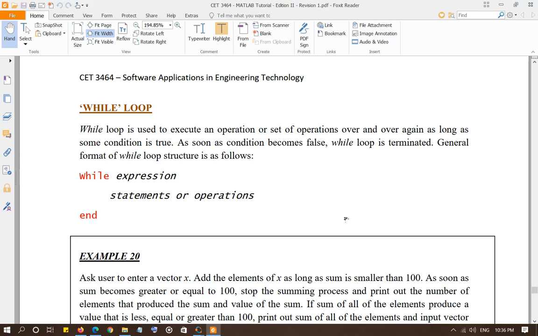But in general, while loops work on everything that is written inside the while loop, based on the expression of the while loop. As long as the expression is true, the statements written inside the while loop are going to be executed. And when the expression becomes false, it's going to come out of the while loop.